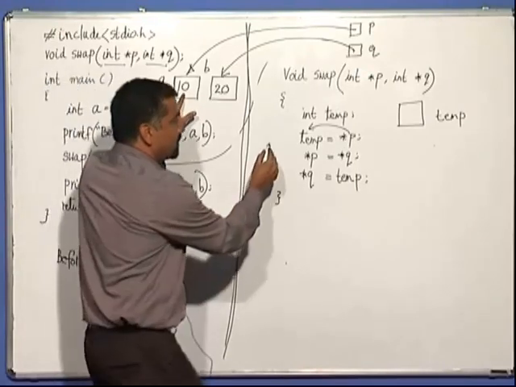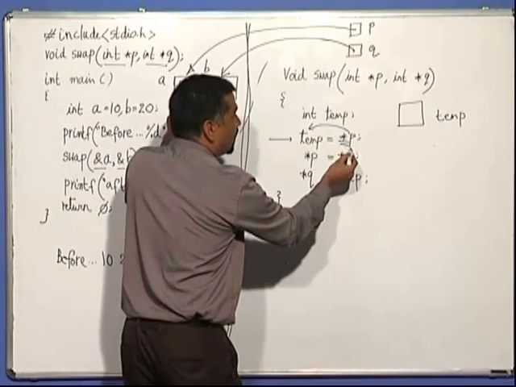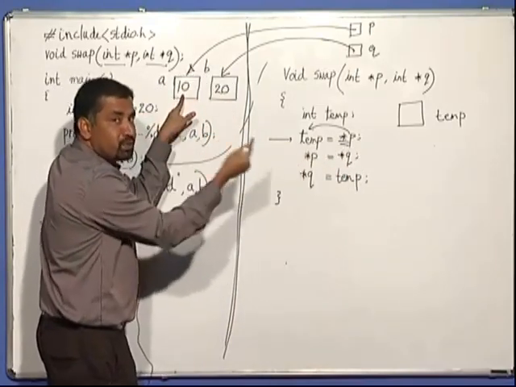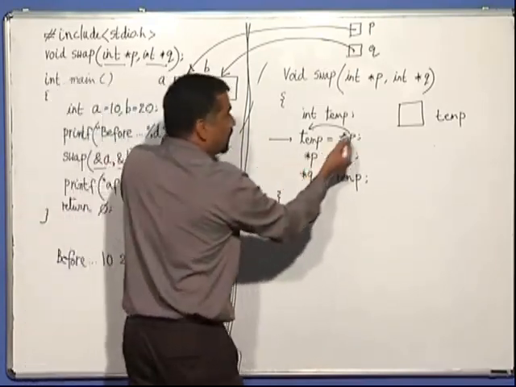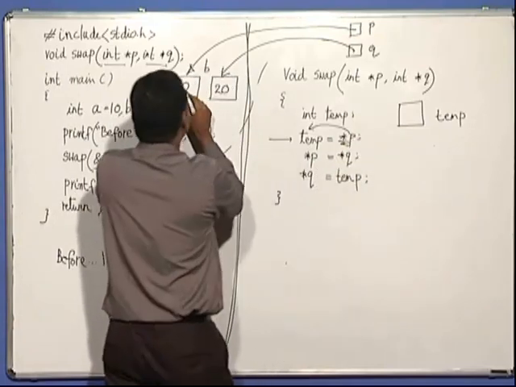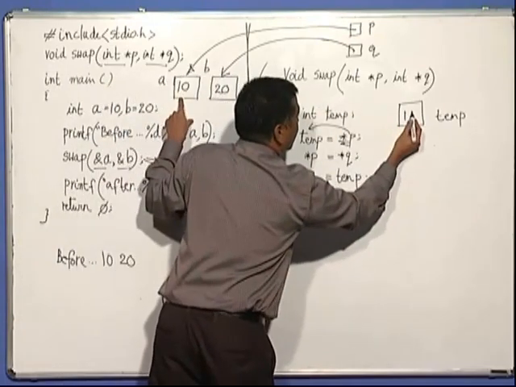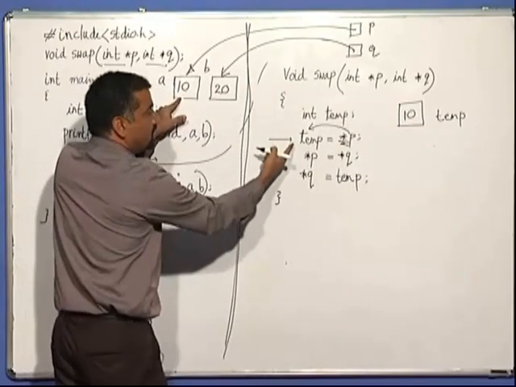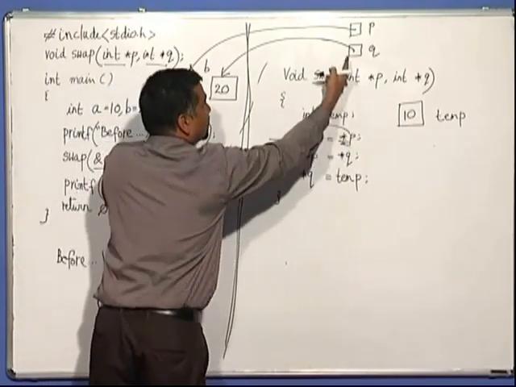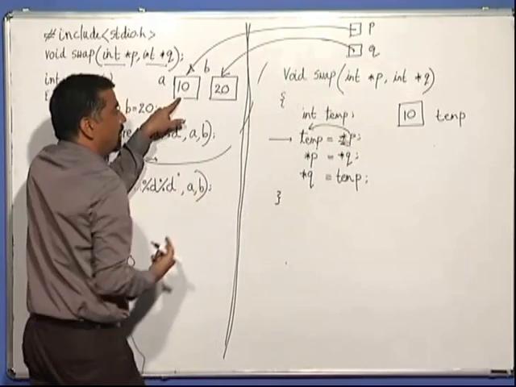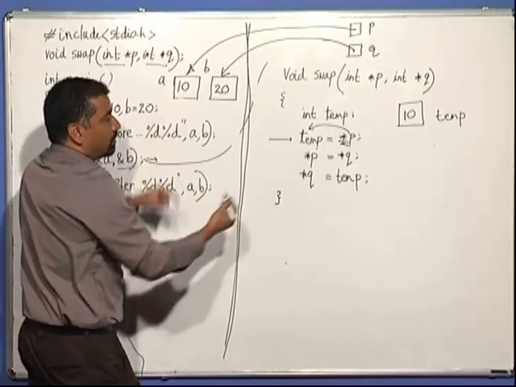So with this statement here, star P is synonymous with A because P is pointing to A. So, in temp the value at A, which is 10, gets copied. So, this is as good as writing temp is equal to A, because P is pointing to A. Next line,